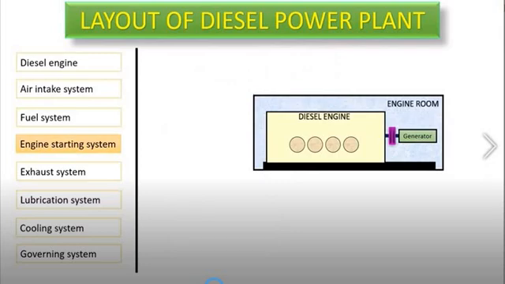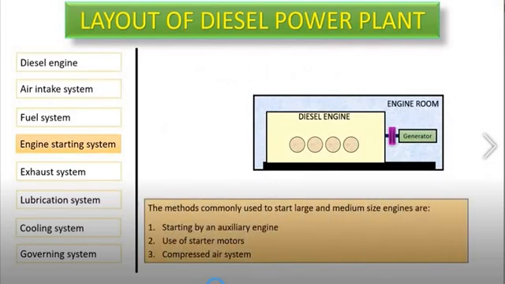The next is the engine starting system. The methods commonly used to start large and medium size engines are: you can start by using an auxiliary engine, an additional small engine. You can use starter motors. You can use compressed air also. So here, whenever the diesel power plant is of a bigger capacity, it is better to go for